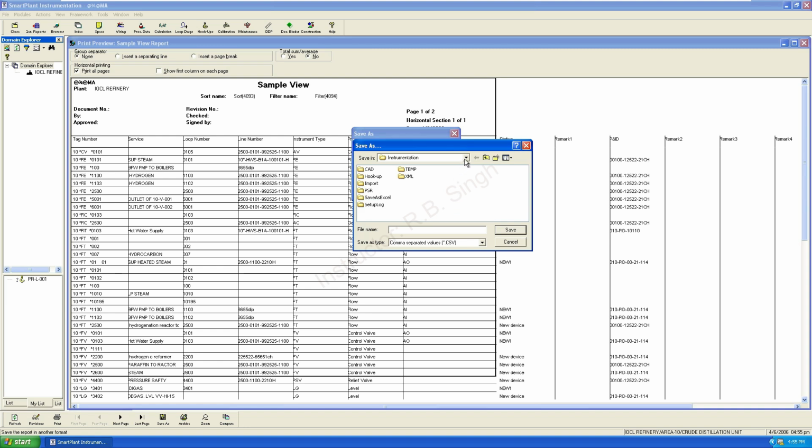So now you need to select the path. You will select the particular path where you want to save this Excel file, and also you have to select the format. If you want to save it as .csv file or .xls file, then you can save it with .xls, and the name of this